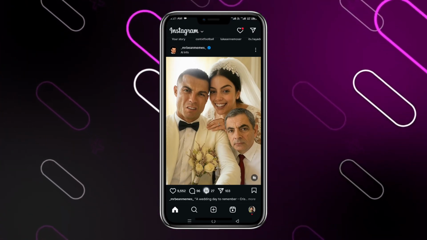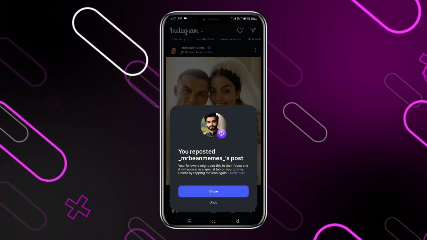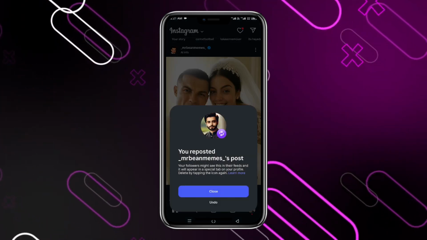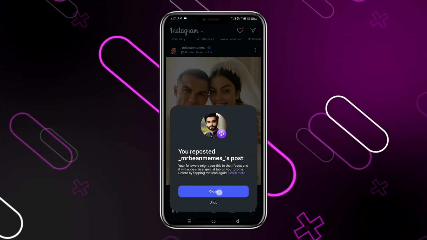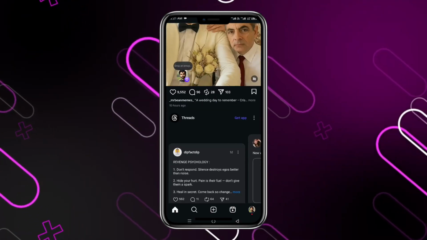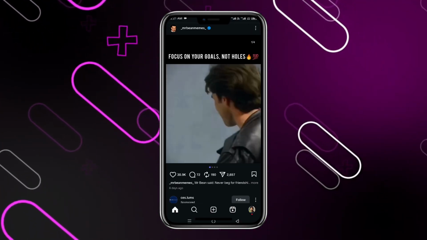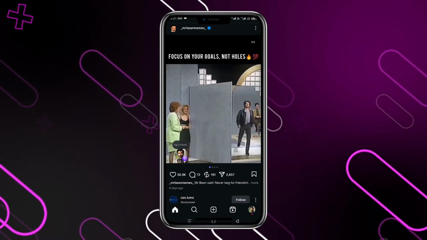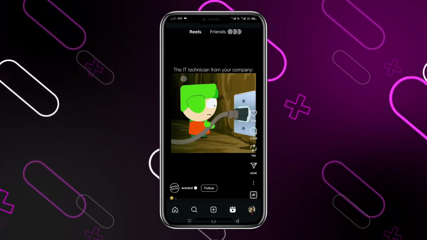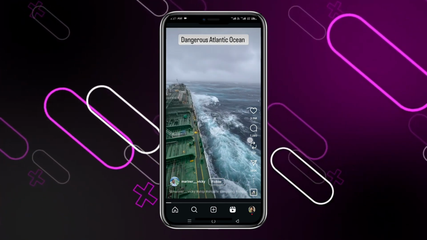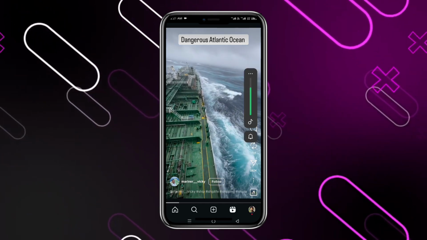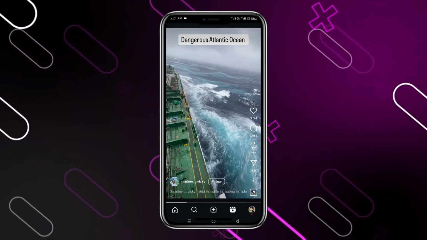So repost is that someone has posted something, you click onto it, and then that post will be reposted on your post. It will be in your profile, but it will be shown as a repost, not by you posting. So you can repost any post. You just have to simply click onto that icon. You can go to the reel section and click onto that icon of the repost,